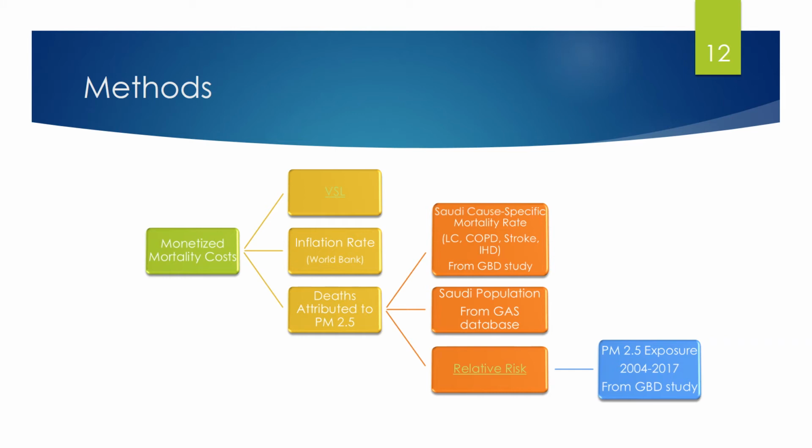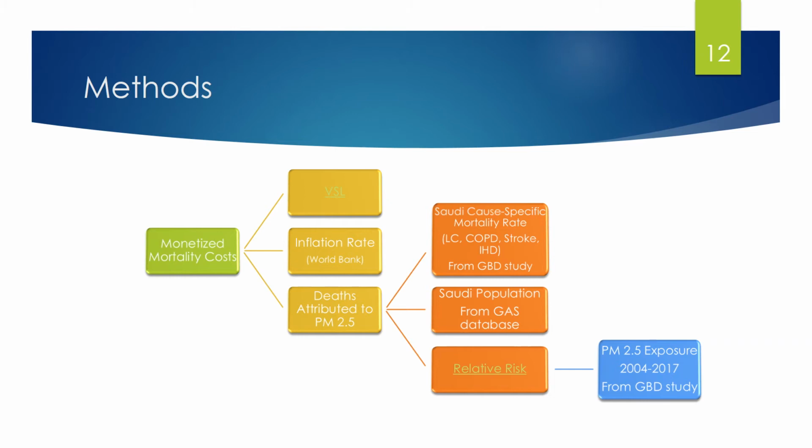What we have identified for Saudi Arabia is that there was only one VSL study that was done, and it is based on road accidents. So this figure is based on a researcher asking people how much they are willing to pay to reduce their mortality risk from a road accident. The figure that was established is about 900,000 US dollars in 2015 money, and this translates into 3.36 million Saudi Arabian riyals. So this allows us to measure the monetized mortality costs.